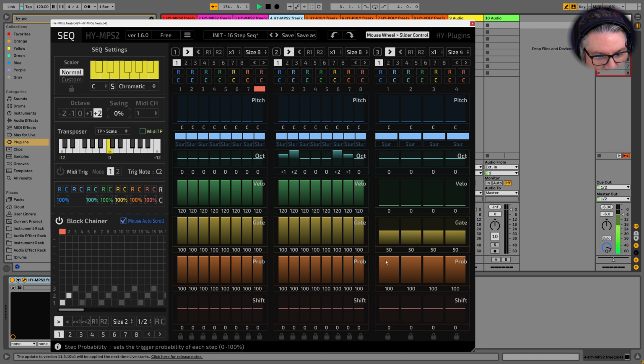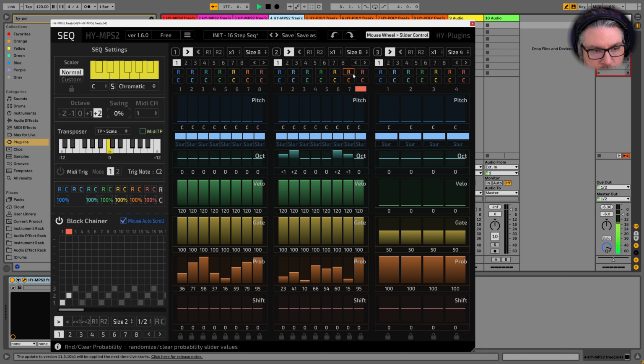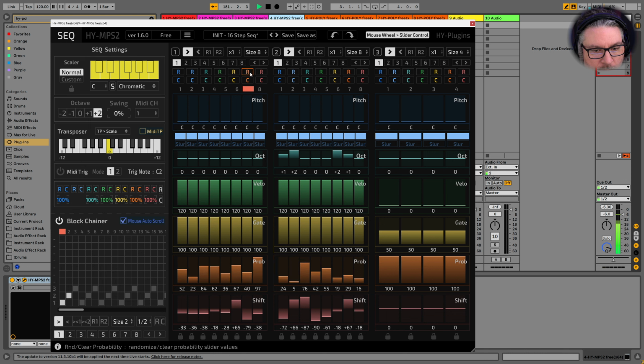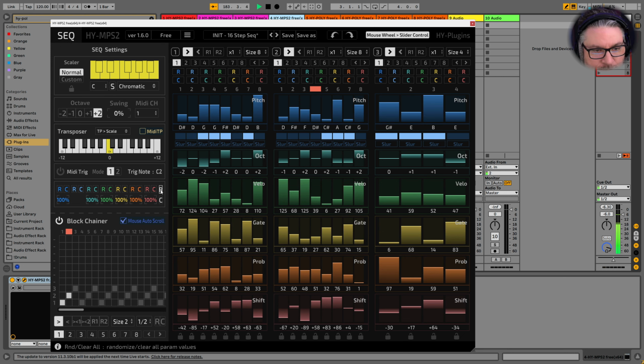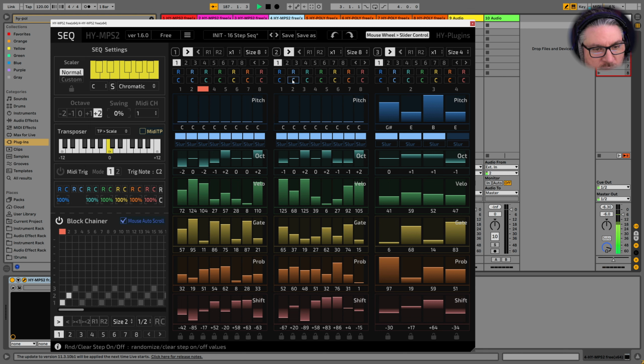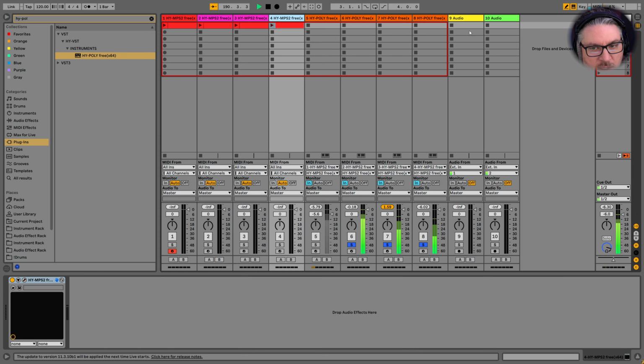And we'll randomize the probability on both of these, which is this one. Actually, let's randomize everything. And we'll clear pitch, octave, or this thing. Cool. Okay, that sounds cool.